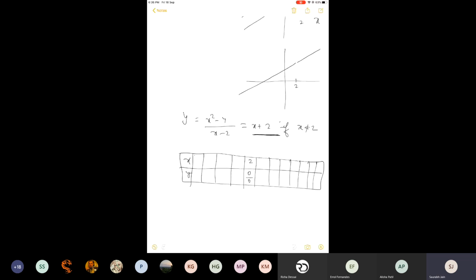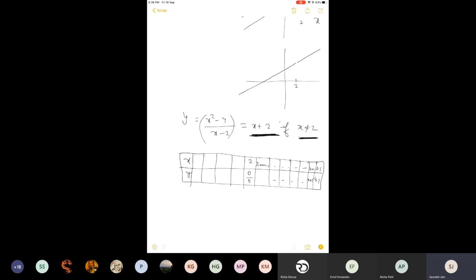Now, see, I am putting a number here. Let's say 2.1. Because I cannot put 2, I can put everything except 2. If I put 2.1, I get 4.1. I put 2.01, I get 4.01. Now I can put here only. I need not put in this whole expression because now it is okay. So I will go on putting the values, and a moment will come when I will put a number like 2 point so many zeros, as many as you can think, and corresponding to this value of x you will get 4 point that many zeros, and at some moment you will get 4.